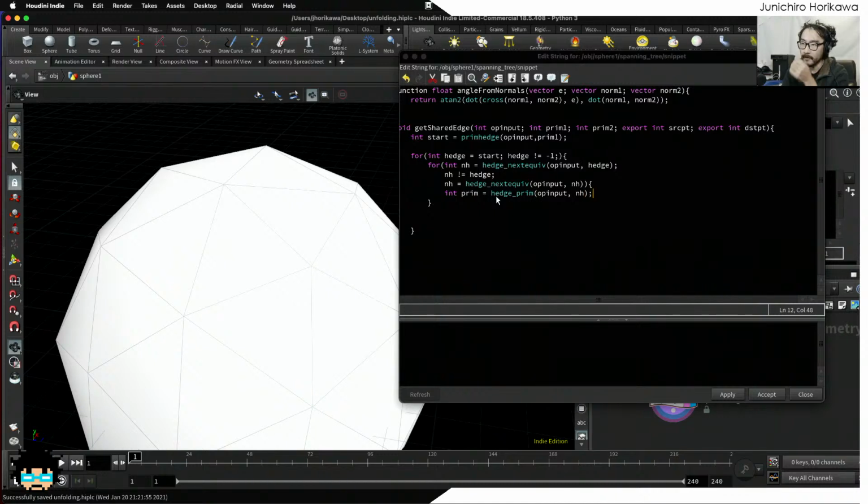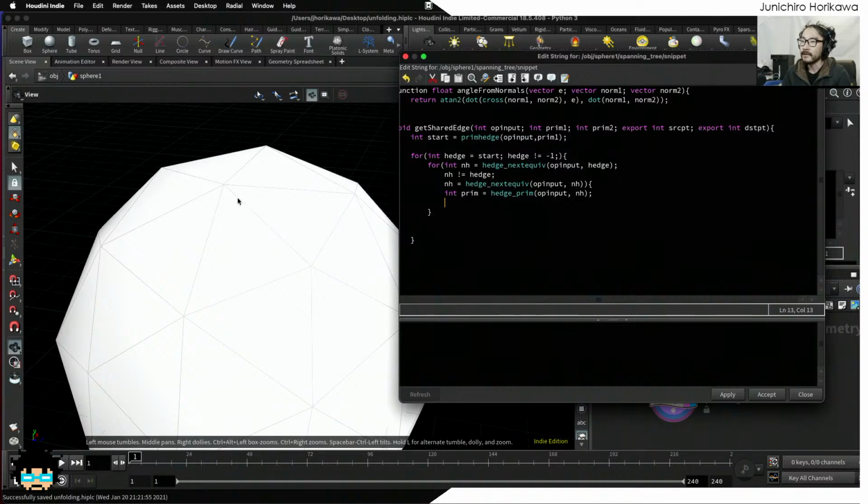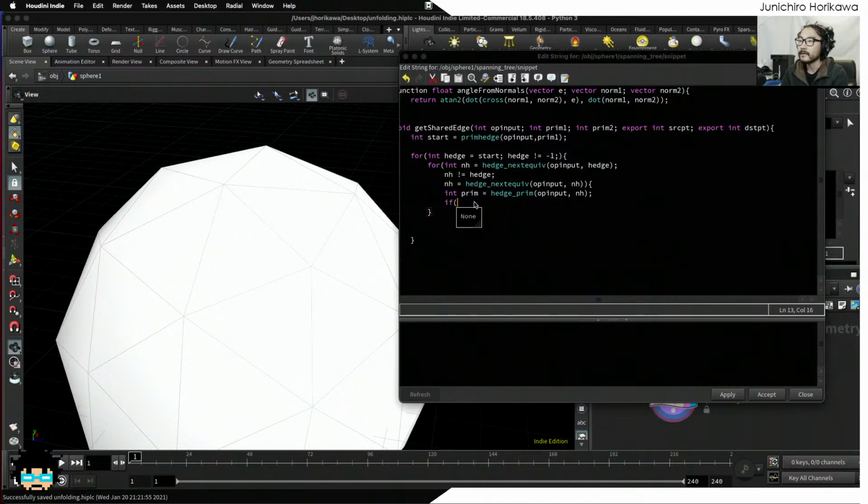Okay, now what I'm going to do is to check if this primitive is equal to primitive 2 or not. If it's equal, then you have just found out the shared edge. Okay, if it's something different like this one or this one, then you have to skip to the next half edge. Now, so the condition here is if the primitive is equal to prim2,